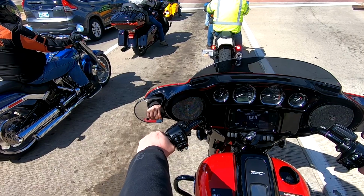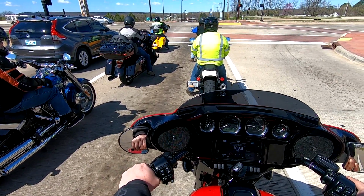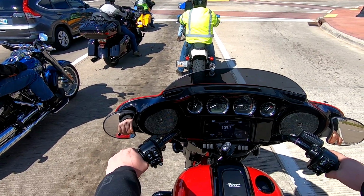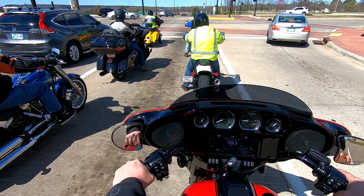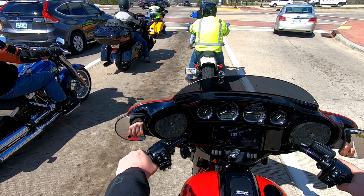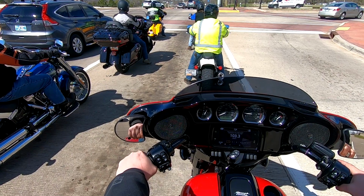Like coming to a stop right here, I could stop the motorcycle without putting my feet down, almost hover in the air for a second with my feet up, and then set my feet down. Incredibly stable coming to a stop. I mean, a very well-rounded good motorcycle. At $23,000, it's, like I said, a little rich for my blood. But if you've got the money and you enjoy cruisers, you like the way a Harley-Davidson looks,